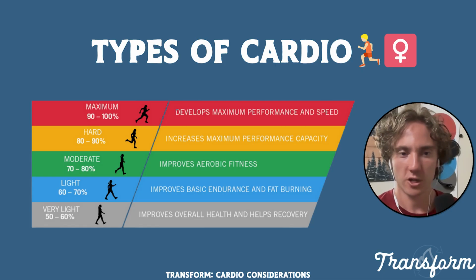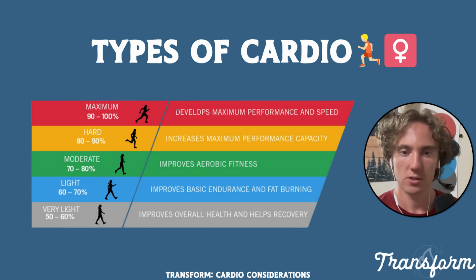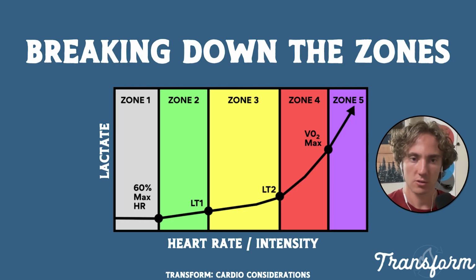So last time we talked about the types of cardio, and these basically vary within a range depending on your heart rate. So I wanted to give some examples real quick as far as how to illustrate that. When we're breaking down the zones, zone 1 ends at approximately 60% max heart rate. You are burning almost exclusively fat here. Now this is an exaggeration because you're always burning some portion of amino acids and carbs.